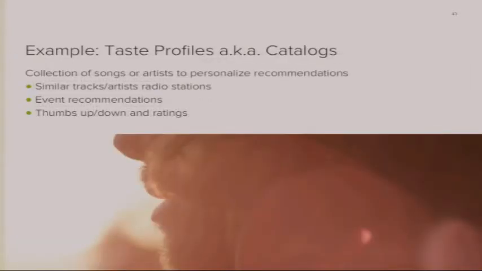Next up are taste profiles or catalogs. Those two terms are used interchangeably in the Echo Nest documentation. So a taste profile is basically the collection of songs or artists that, let's say, you listen to, or, I mean, nothing stops you from creating a catalog of artists that you never want to hear. And then you can use that as a seed in various APIs and specify, okay, I want stuff that's according to that taste, or I want everything except that. It gives you event recommendations, and you can see the radio station with it. And as you know from Spotify radio, you can thumbs up and thumbs down individual tracks, and that will refine your taste